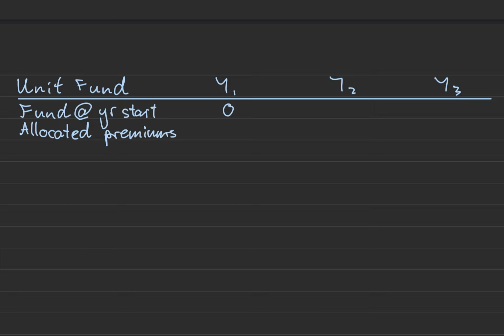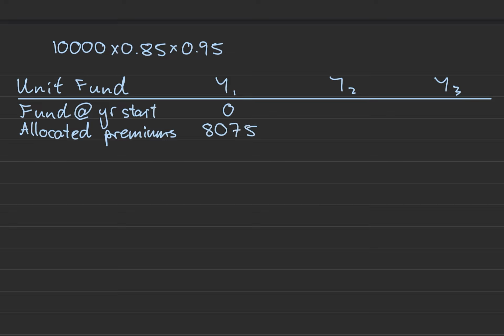Okay, now, how do we calculate these allocated premiums? Well, we know that the premium is 10,000, and then we know that the allocation percent is 85%. Okay, so that's going to be purchased for the bid value, but there's a bid offer spread, and we know that the insurer takes that up front. So of this amount, 95% will be invested. So we can just multiply it again by 0.95. Then you can type that in your calculator, 10,000 times 0.85 times 0.95, and that gives you